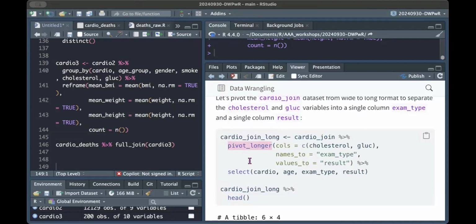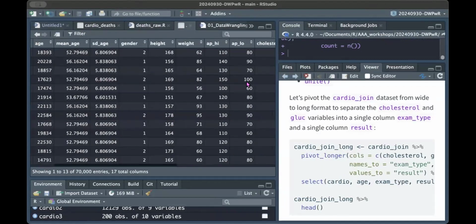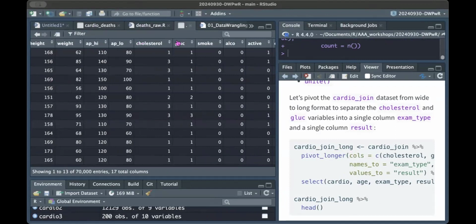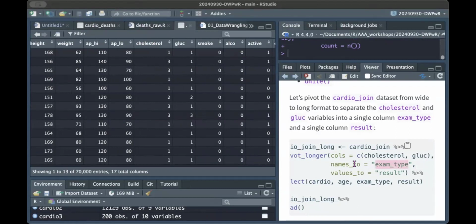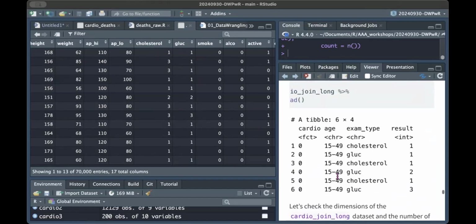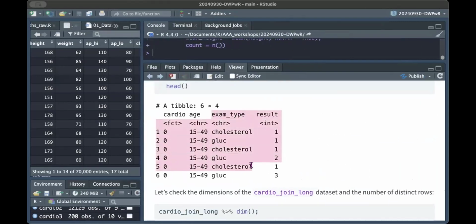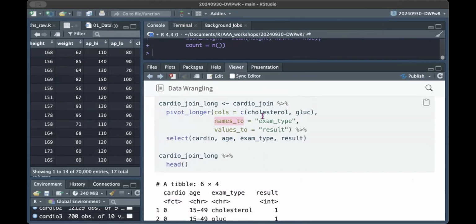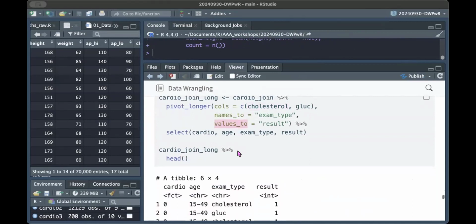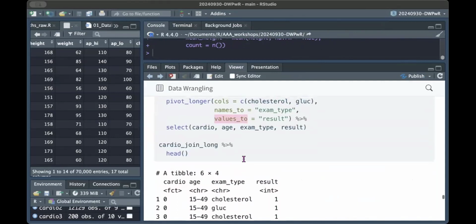Pivot longer means that my table becomes longer. And so I can take two variables, the cholesterol and the glucose. For example, if I have a look at this, cholesterol and glucose can be made to be in one vector, which has the name to be cholesterol and glucose, and the values to be the levels inside. So in fact, we can see the output here. We have created a new vector with the names, so names to the name of the column, and the values, the content of the column. And so we made a longer data set with a pivot longer,